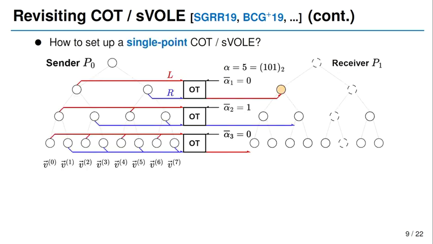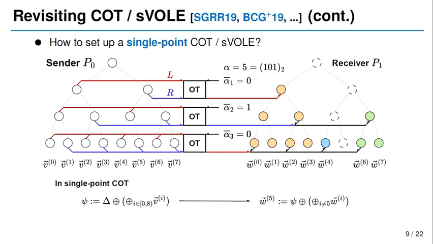The key point is how can we set up a single-point COT or SVLE efficiently? In the previous work, the sender has to set up a GGM tree and use its leaf nodes as its output vector V. The receiver picks a random point alpha and uses its negative bit decomposition to select the left or the right sum for each level of the sender's GGM tree. This allows the receiver to recover, level by level, all leaf nodes except the alpha-th one. And to patch the punctured point,